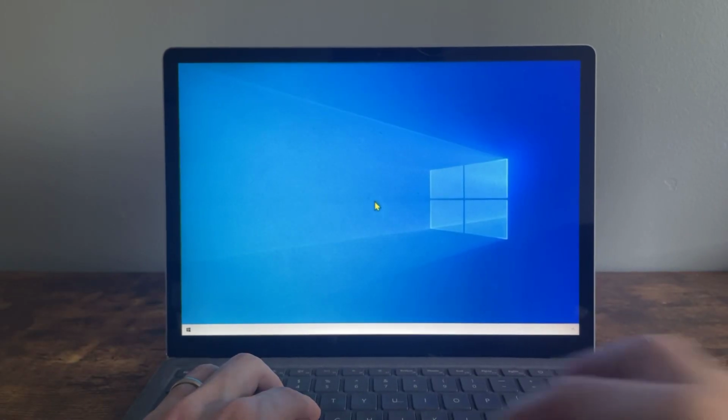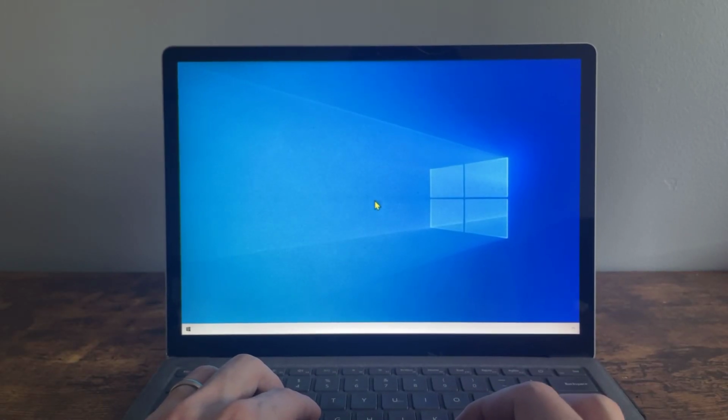Let's say you get to that point in your tech career where you want to future-proof yourself by learning a little bit of the Linux command line and the Vim text editor. Here we are in Windows 10. It's a very stripped down Windows 10, but you could start in any Windows 10 or